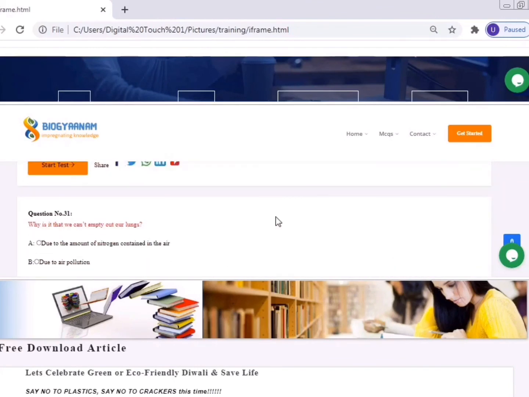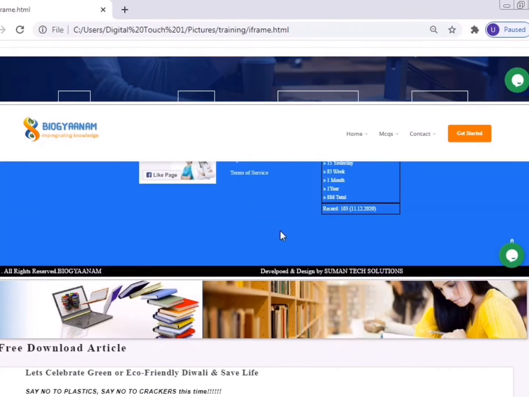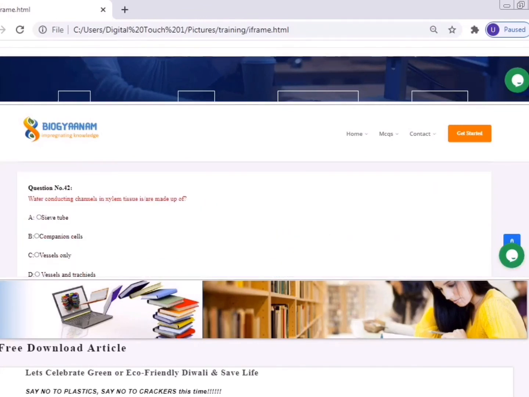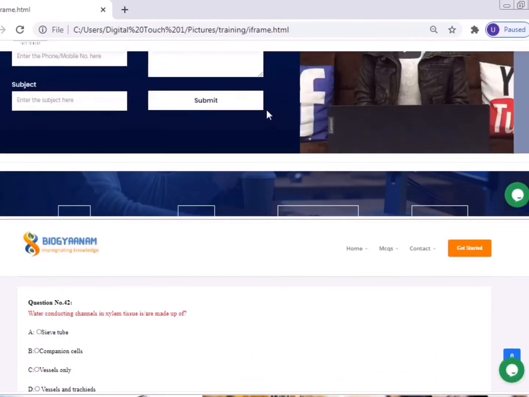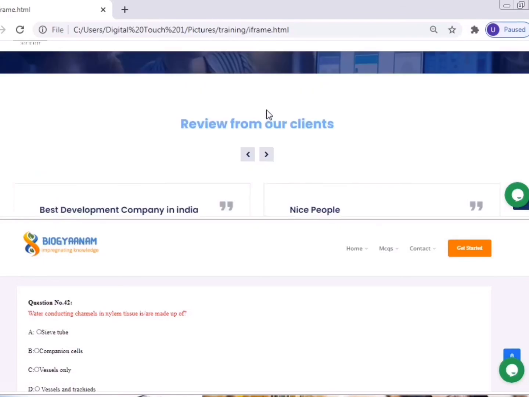You can see the other websites are also running, scrolling up and down.